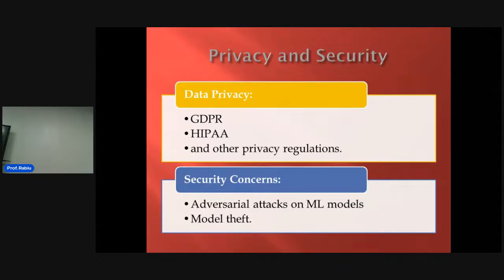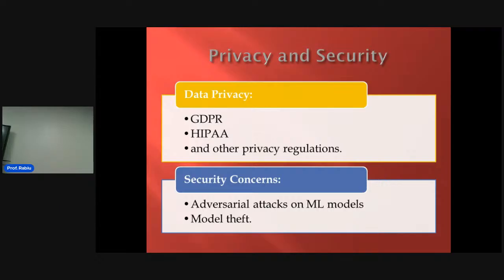Privacy and security. It's always good to have privacy, right? And it's always good to have security. I could be doing some work. Somebody comes and steals my work. It's possible, right? We have intelligence. They didn't go to school. They dropped out from junior school. And imagine, they can hack a bank.